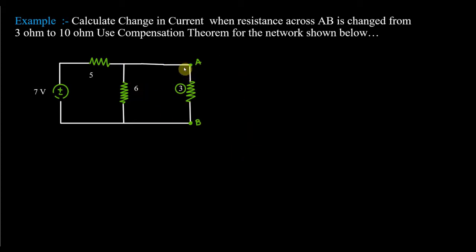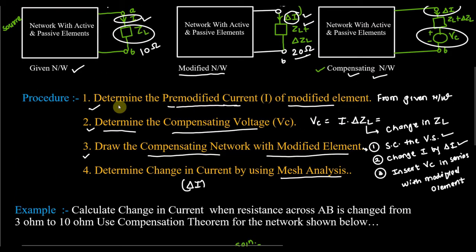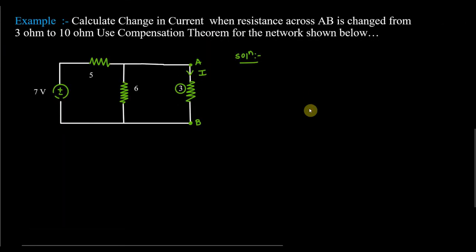I consider the first current here as I, because we have to find the current I. According to the steps, the first step is to determine the pre-modified current I from the modified element. Which element is modified here? 3 is modified to 10. That's why we have to find the current through this I. So my first step is